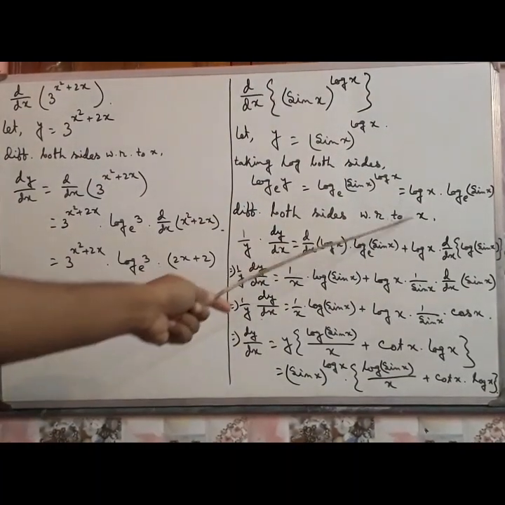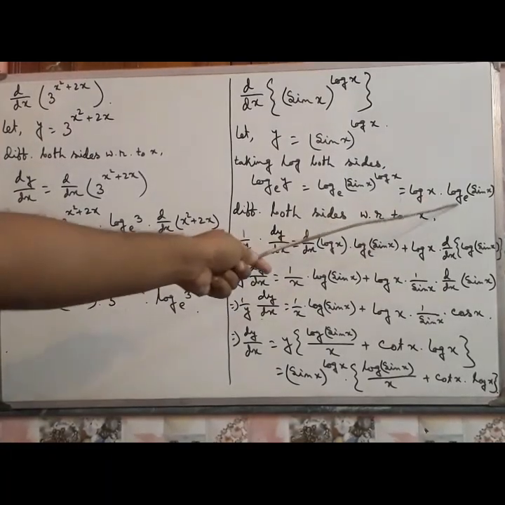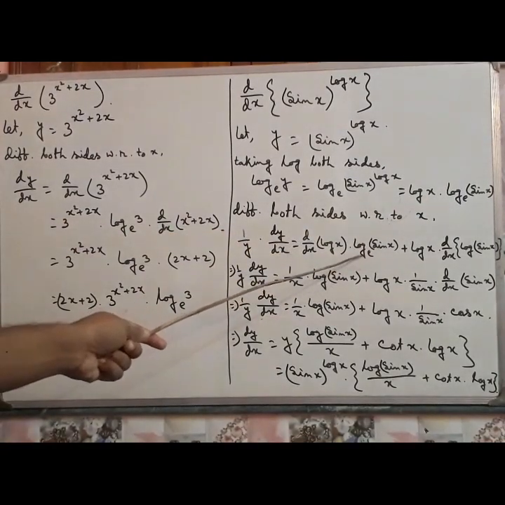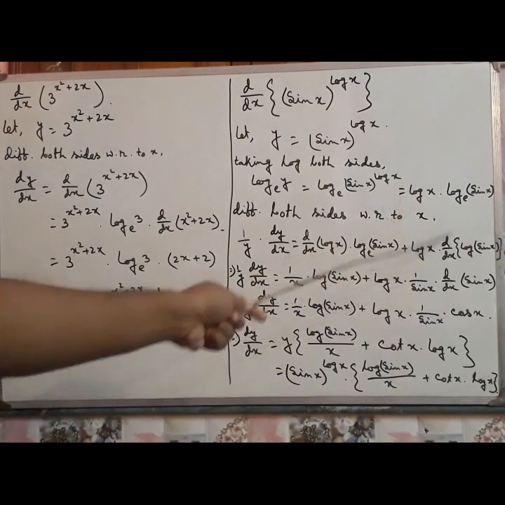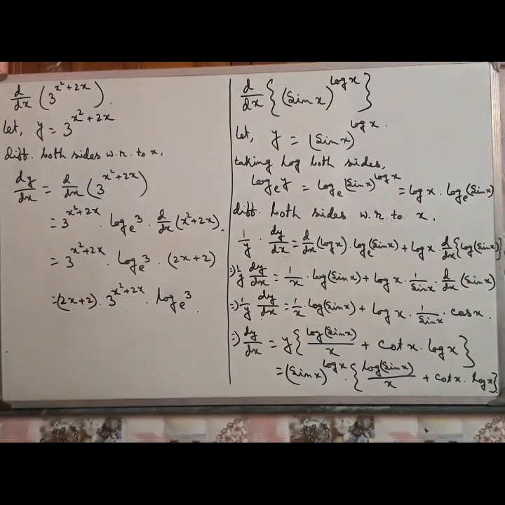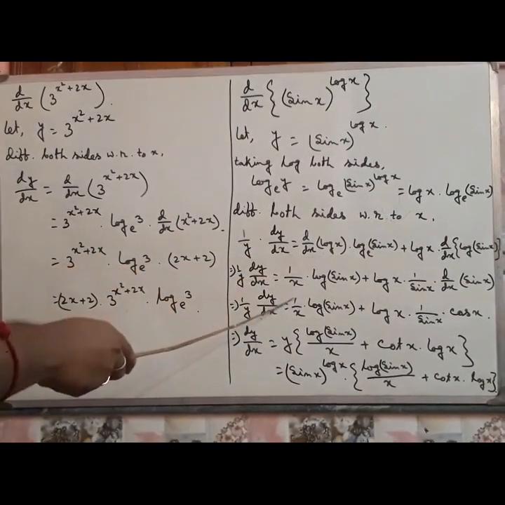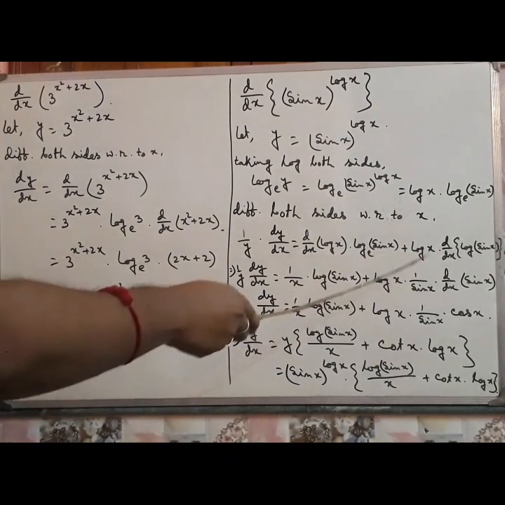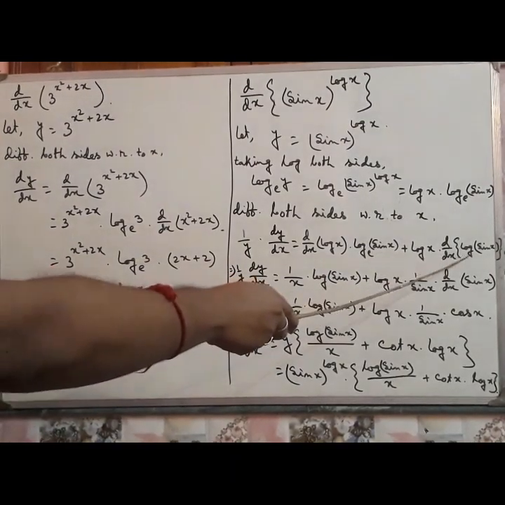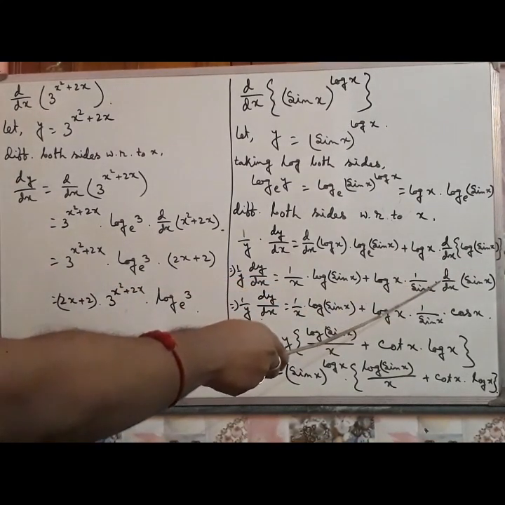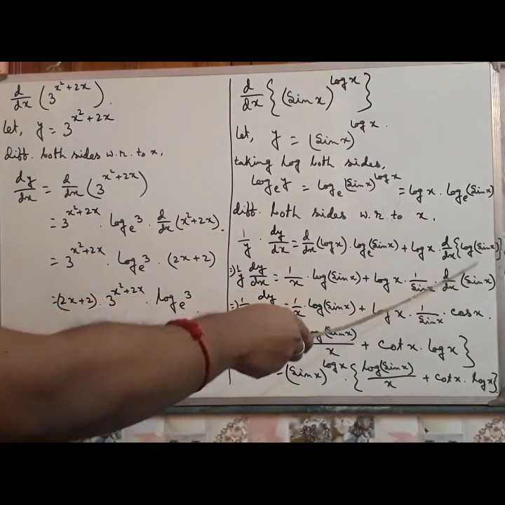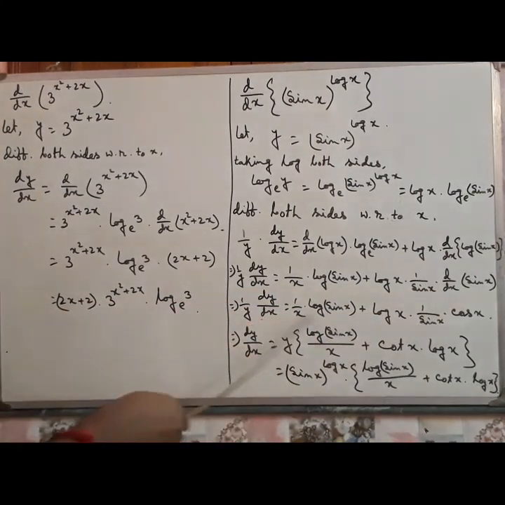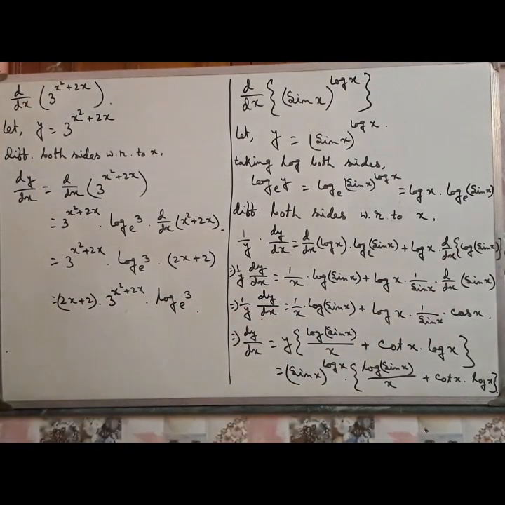So at first the derivative of log x into the second function will remain same, constant, plus the first function will remain constant, that is log x constant, into derivative of log sin x. So the derivative of log x, that is 1 by x into log sin x, plus log x will remain same, derivative of log sin x. So what is the derivative of log? That is 1 by this term, 1 by sin x, into this one is not x but it is the function of x, that is sin x, so derivative of sin x. Okay, then by calculation you will get this.